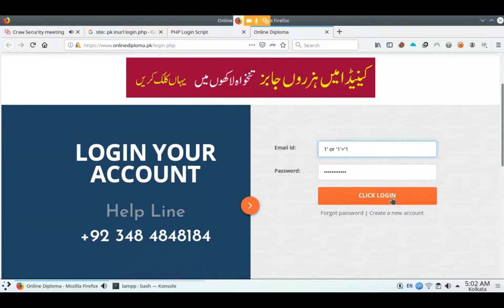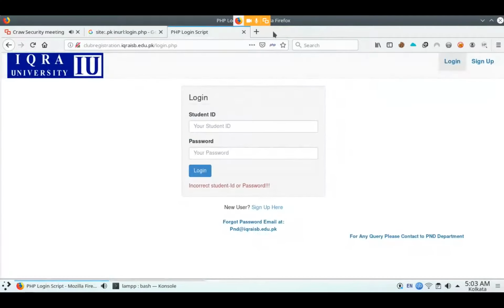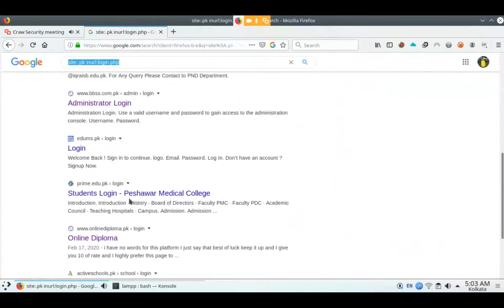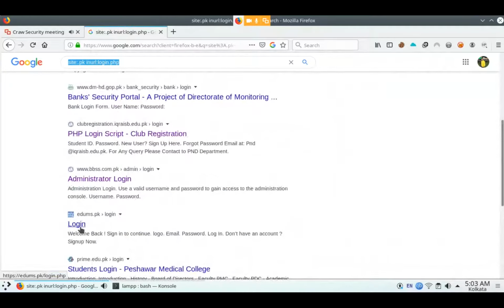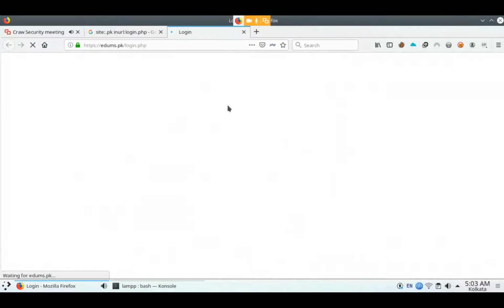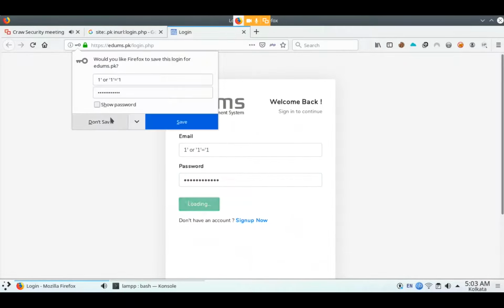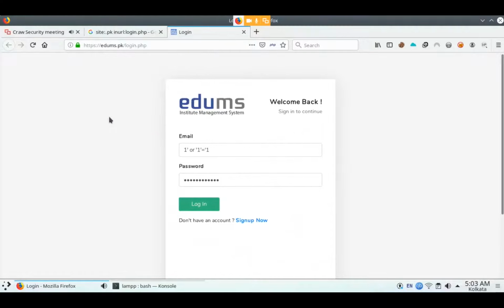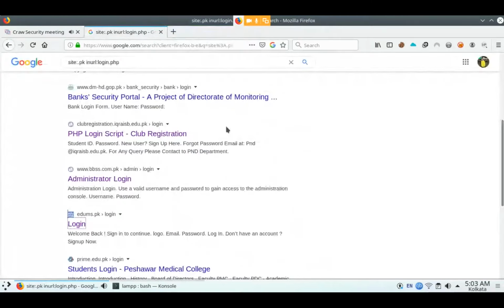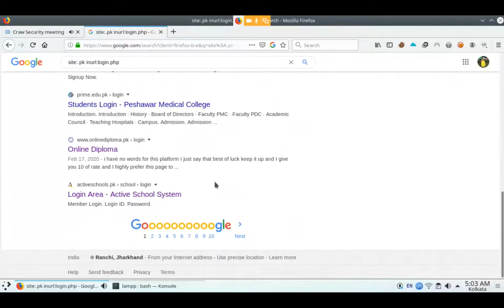Okay, when you click login, it says please enter an email address. It will not open. You have to open many websites and try to find. Here the username and password is the same, but here it says invalid username and password. Many websites are vulnerable, so your task is also to find the website which can be bypassed through one and one query only.